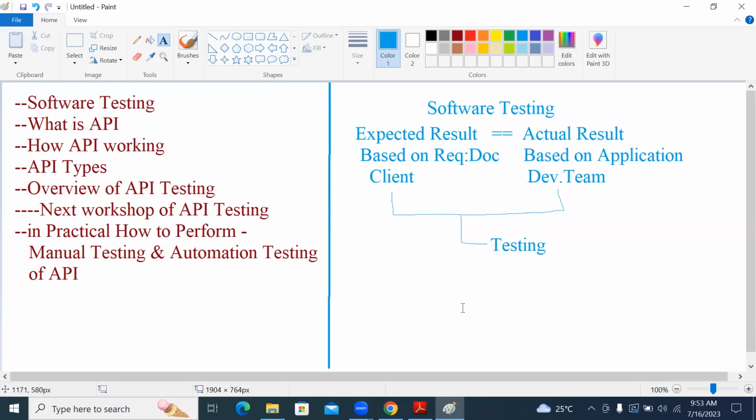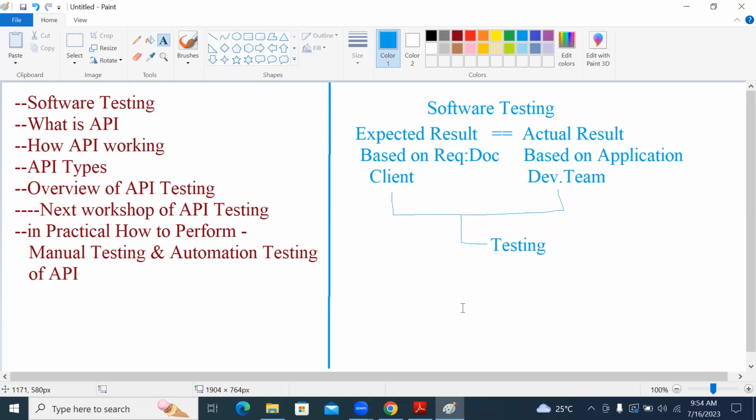If it is not, we have to inform the development team: this is what the client expected, but you did it in a different way, which is not correct. So the development team makes the required modifications. Right?